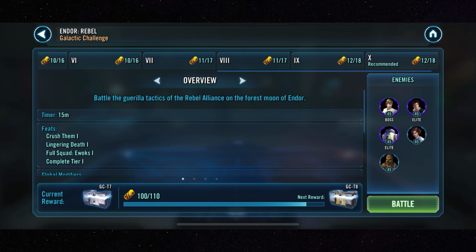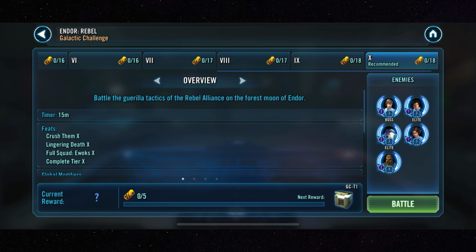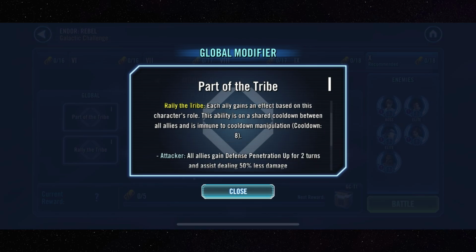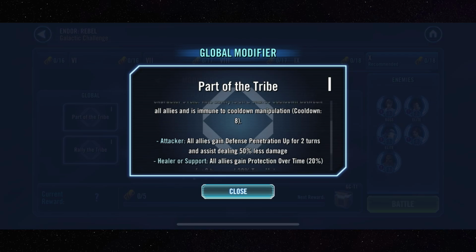Hey everybody, welcome back. This is the Gerbil, and in today's video, Endor Rebel Galactic Challenge, Ewoks versus Rebels, which makes absolutely no sense lore-wise, is an honest pain if you don't have insanely well modded Ewoks at high relic. I'm going to give just some generalized tips and strategies on how to get through it, but first let's look